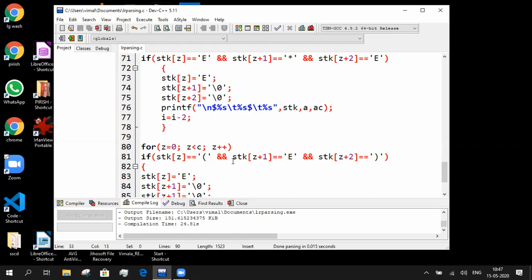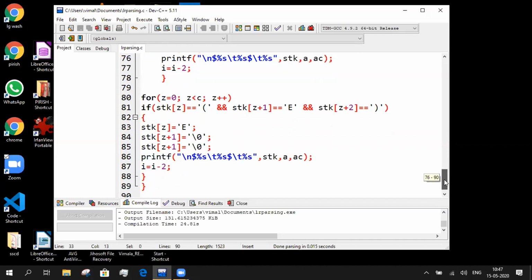So same thing. If parenthesized E is there in the stack, you replace it by E and you print the reduce action. So the check function is to perform reduce action. What is being reduced? ID is reduced to E, E plus E is reduced to E, E star E is reduced to E, and E within the parenthesis is also reduced to E.